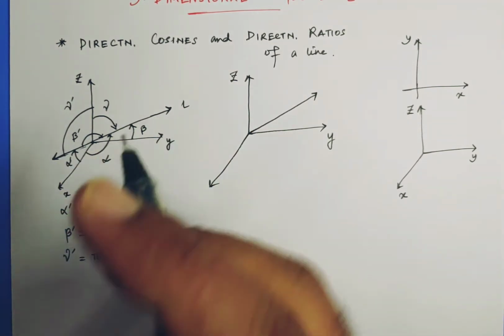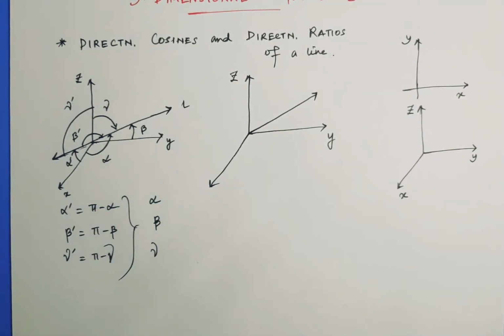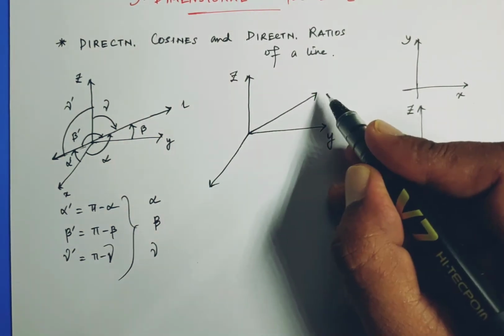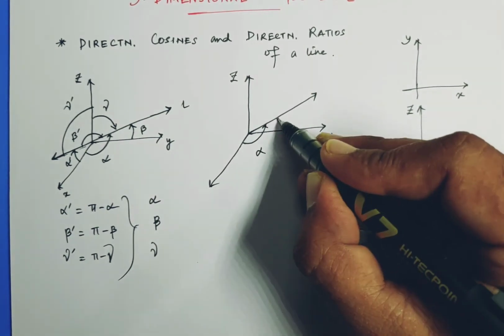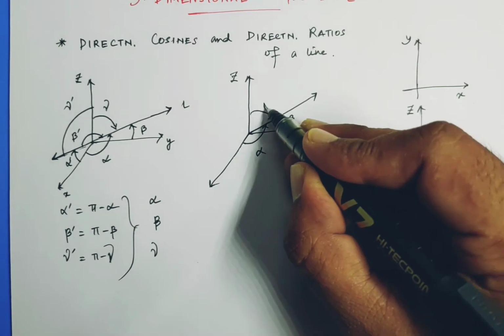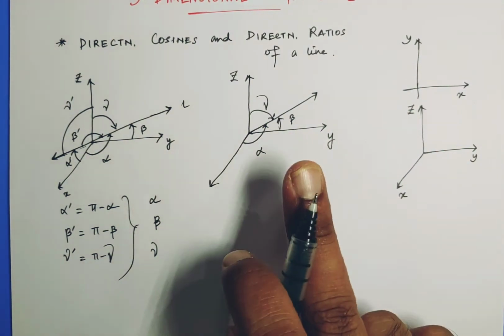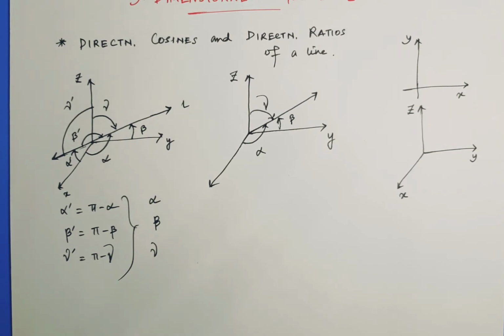Look here, what is the difference? The line is extended in two opposite directions, but a directed line is extended only in one direction. Now if it's extended in one direction, what will the direction angles be? They will be alpha, beta, gamma. There will be no alpha dash, no beta dash, no gamma dash. So these are our direction angles of a directed line. Now can you tell me what direction cosines are? We have already done this. Direction cosines are nothing but the cosines of the direction angles.